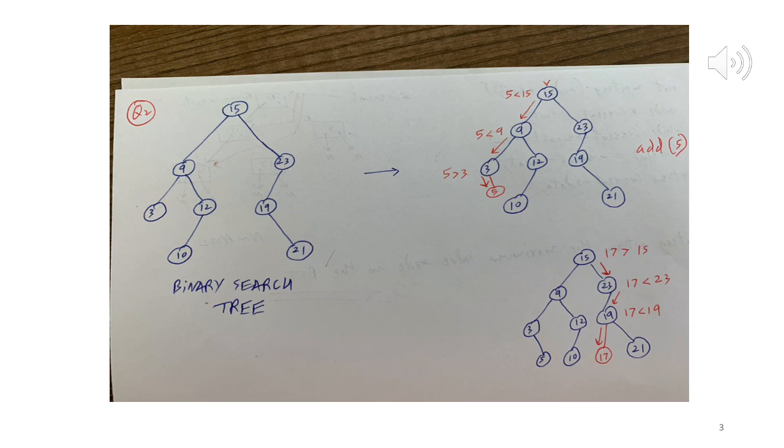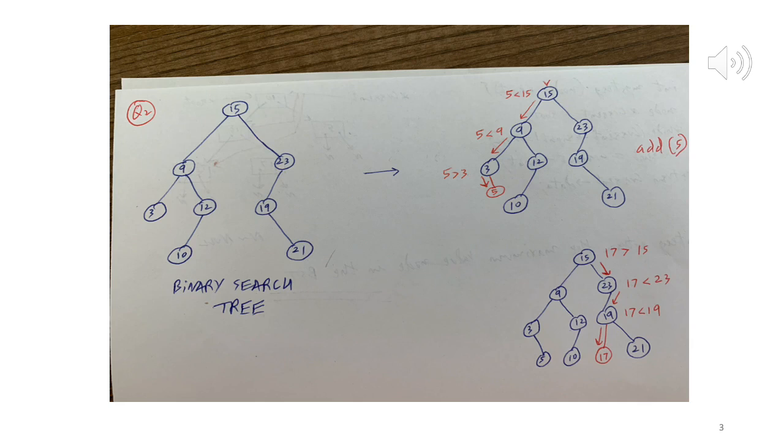Go to 3. Now 5 is greater than 3, right? Which means now because 5 is greater than 3 this time, we have to go to the right subtree. Go to the right subtree from 3, there's nothing there. So we found a spot for 5. Okay. So keep going, traveling left or right from top level one by one to the lower levels, and then eventually when the left child or right child is null, you install it there.